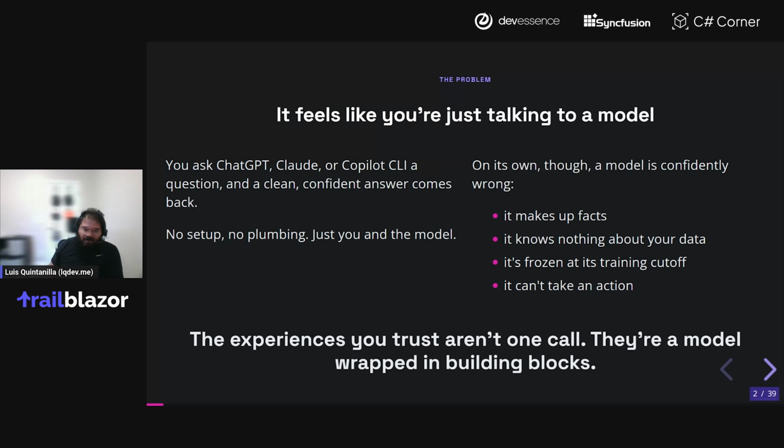Oftentimes, the AI assistant you're working with tends to be a little bit overconfident. It'll make stuff up, right? There are some issues, but generally speaking, you send a request and it comes back with a response, and it feels like you're just talking to a model. In the base case, that is true. You're typically just talking to a model.